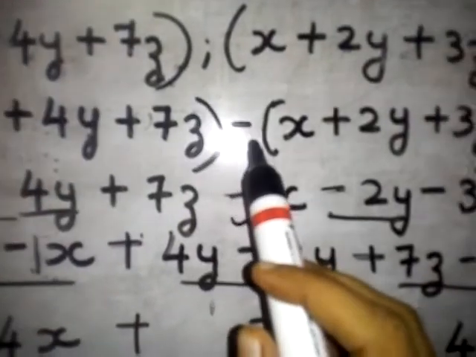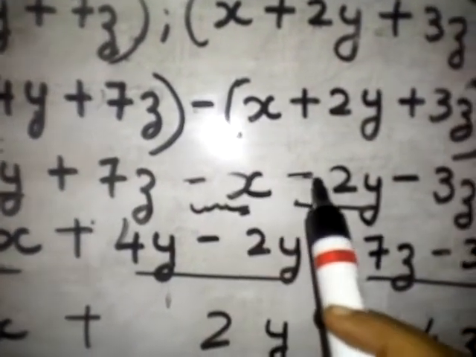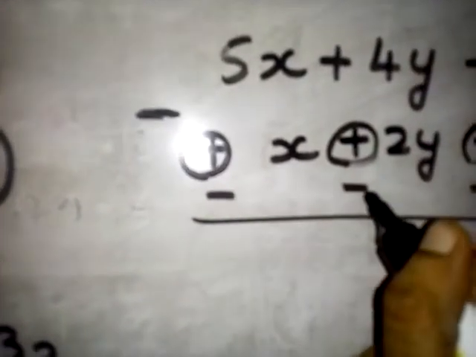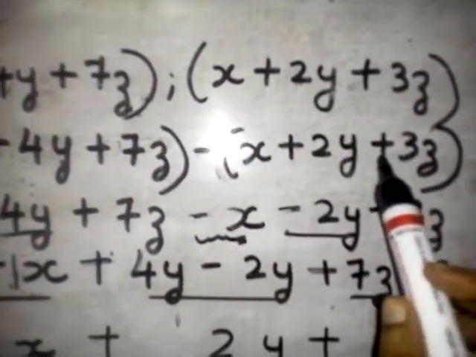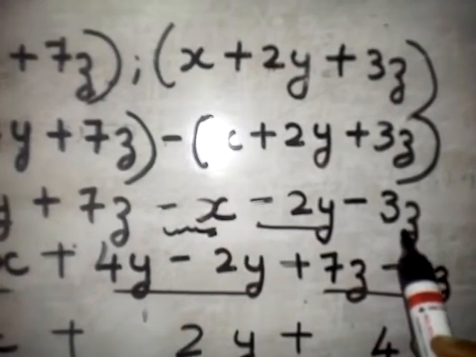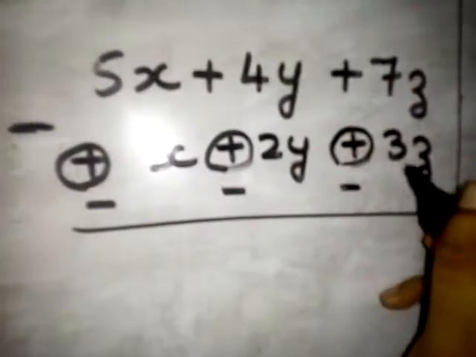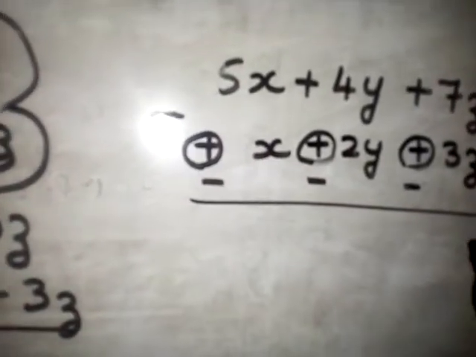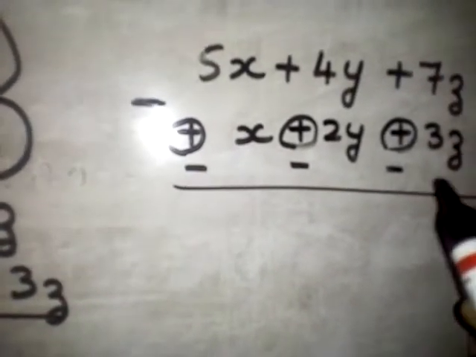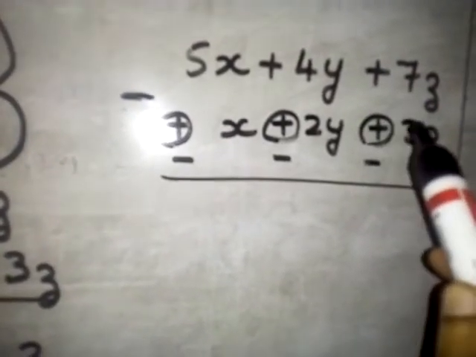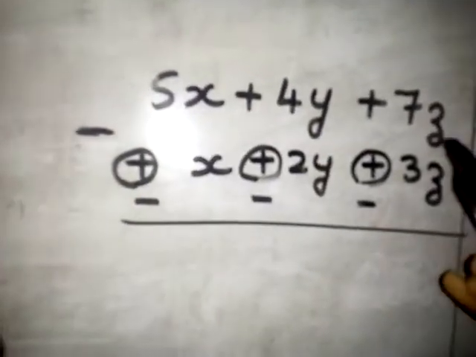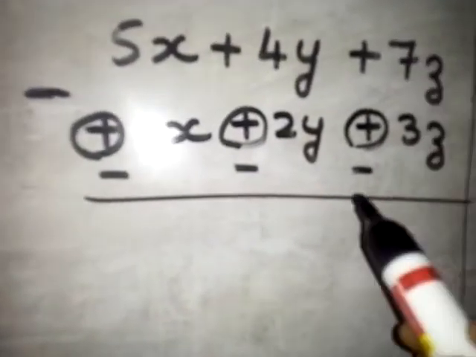And the next one, minus into plus is minus, so that is minus 2y. You have to circle this plus sign and write minus 2y in vertical arrangement. Again, minus into plus, minus 3z. Again you have to circle this plus sign and write it minus. This way you have to write in vertical arrangement, and put the opposite sign down, not up, always down, and circle it and write it opposite. The circled sign you don't have to convert. Plus into minus, minus.